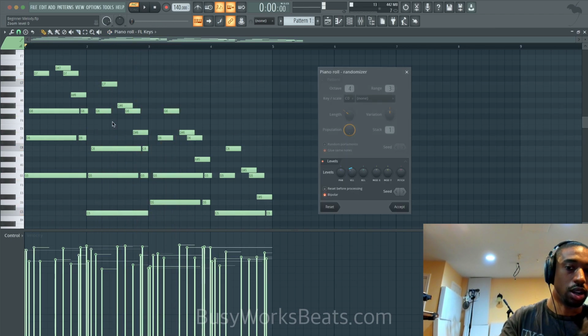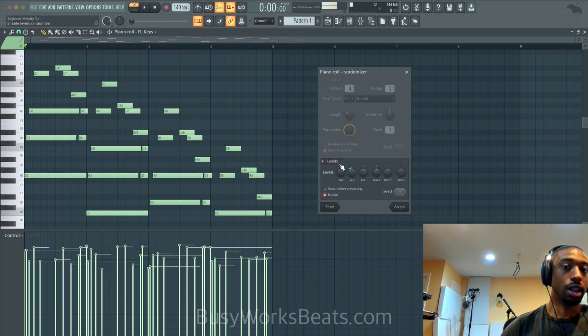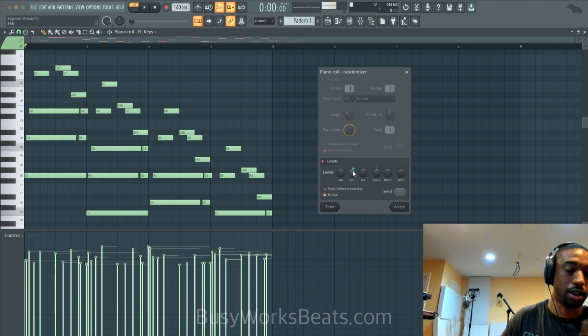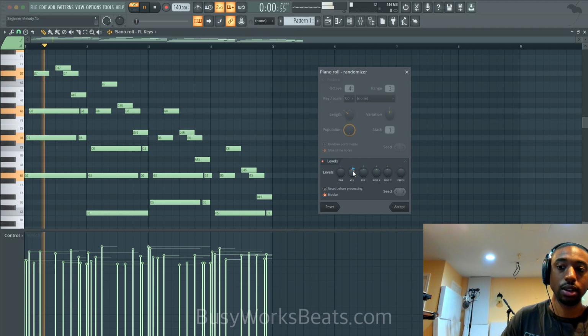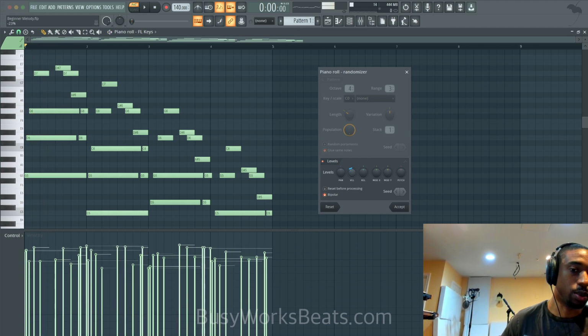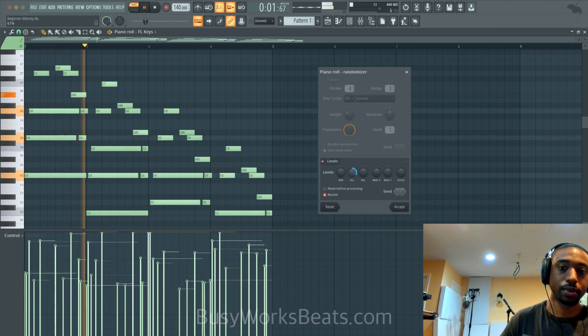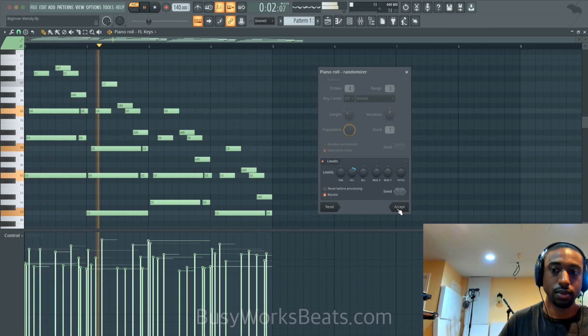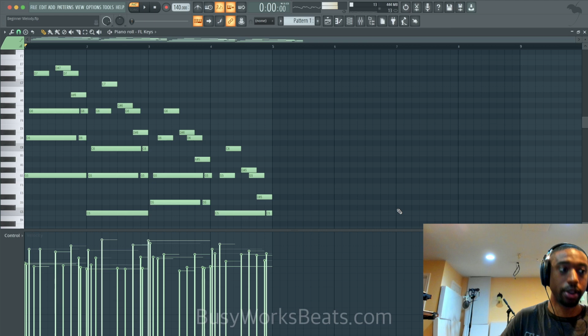Let's do one more thing. Let's hit Alt R, turn on pattern mode. Turn off pattern mode. My brain went sideways. Turn off pattern mode, turn on levels, and then mess with your velocity knob. This should give the piano a little more realistic human velocity or strength. Now every plugin's different, so not every plugin will react the same. So it's like the ring, and it shouts at you for a little bit, then it comes back down.